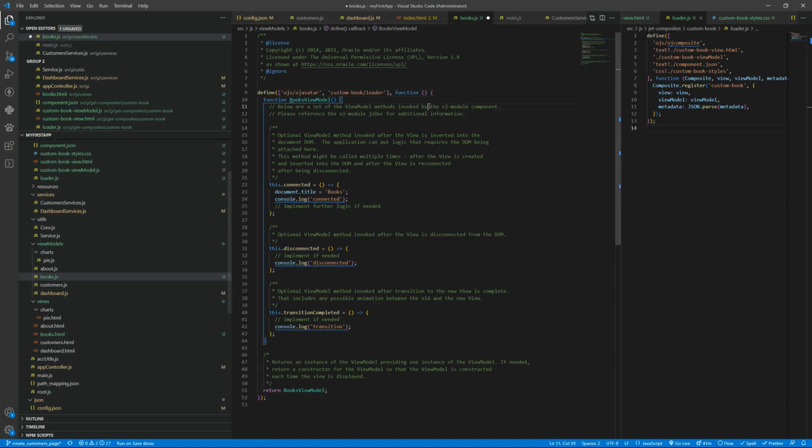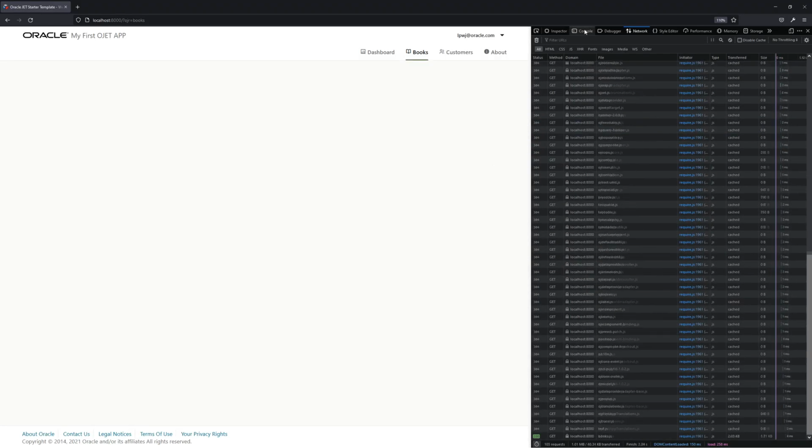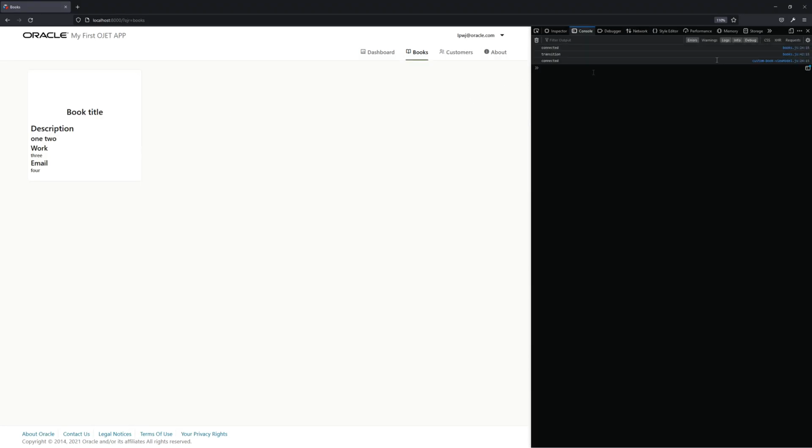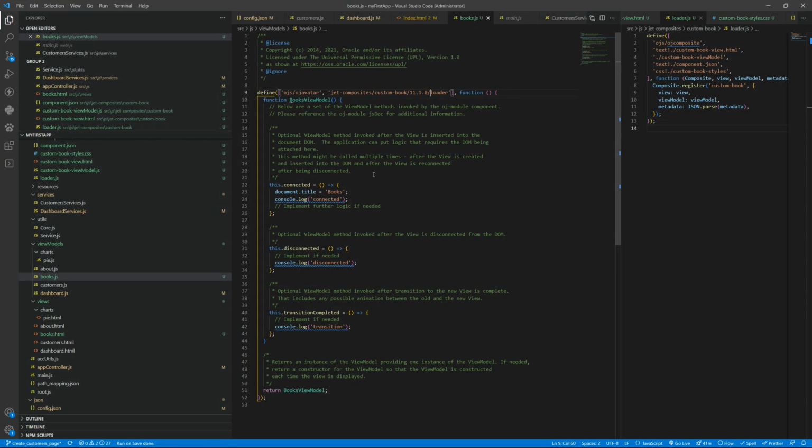So the old way I have here, you need to have this version there so it can load. Okay, it's now loading the custom composite,